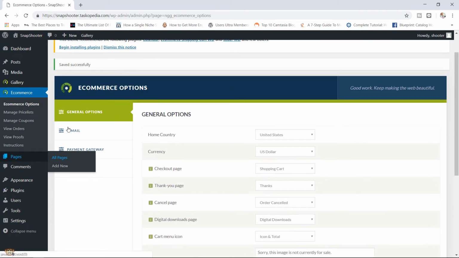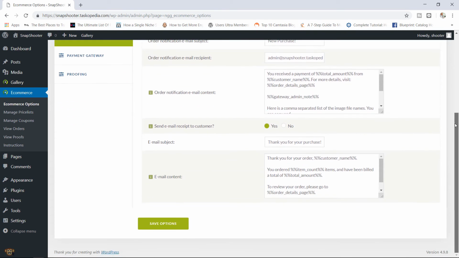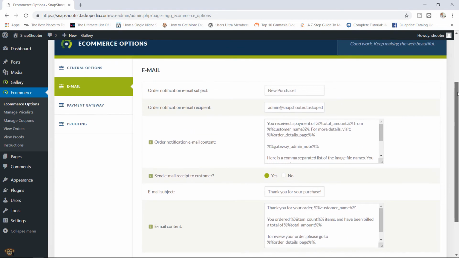Let's now come down here to the email. And what do we have under email? So in here, you can customize the kinds of emails that you will get whenever anyone buys one of your images. And you can also customize the emails that your customers will get once they buy any of your images. So the first one in here would be the one that you get. And it says new purchase. And of course, you have the order